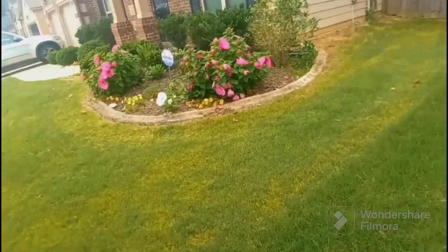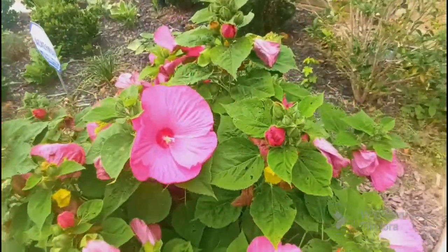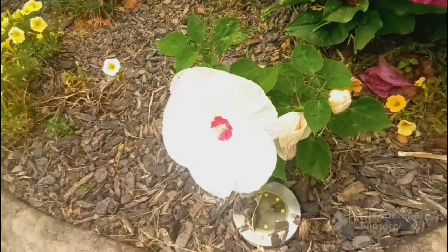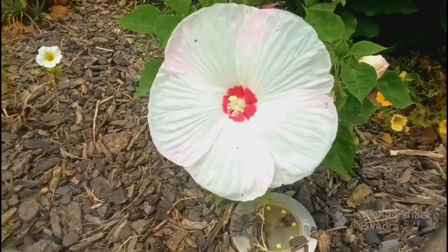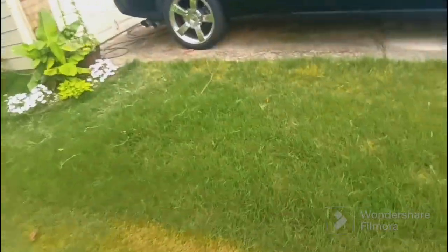And look at my neighbor's hibiscuses, looking absolutely beautiful. Just a side note, they look beautiful. All right, coming around the yard